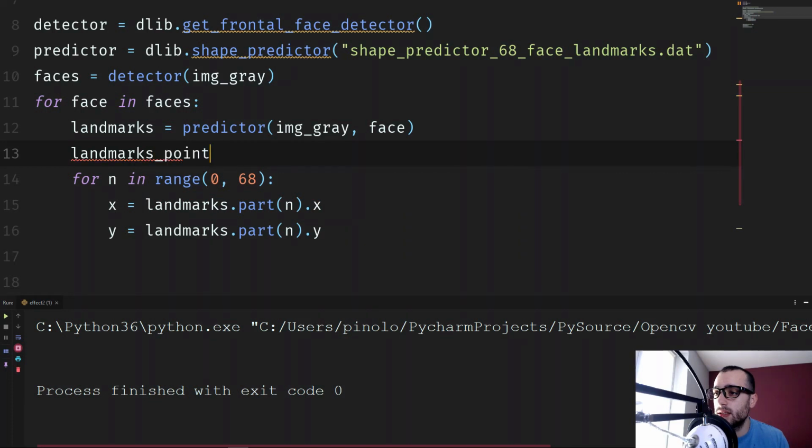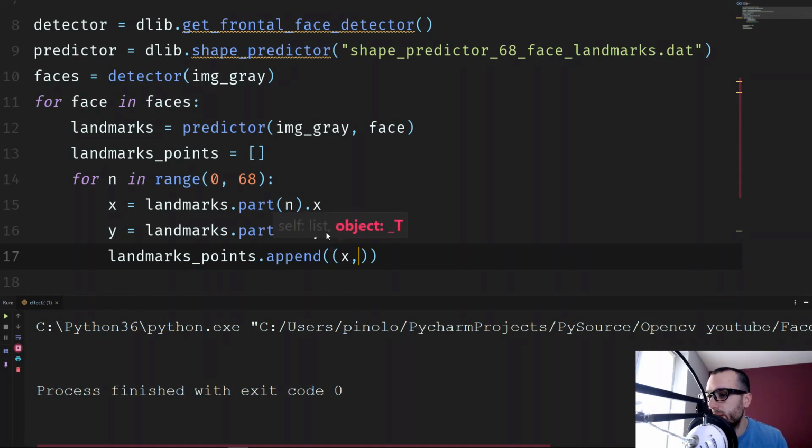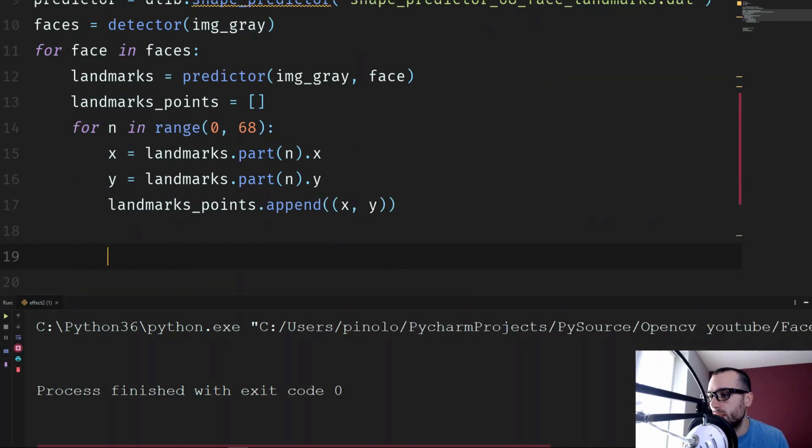Landmarks points is equal to an empty array, and then each time we find a single point, we'll put it inside the landmarks points array. Landmarks points dot append, and we will put inside x and y each time. Once we have all the points, we can